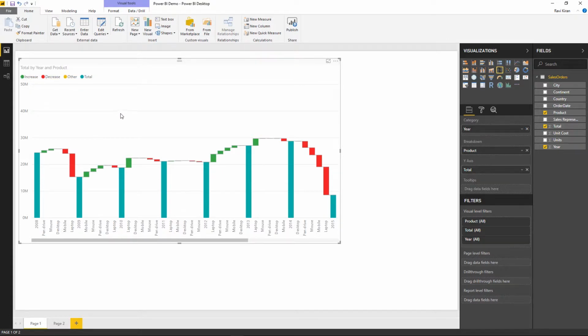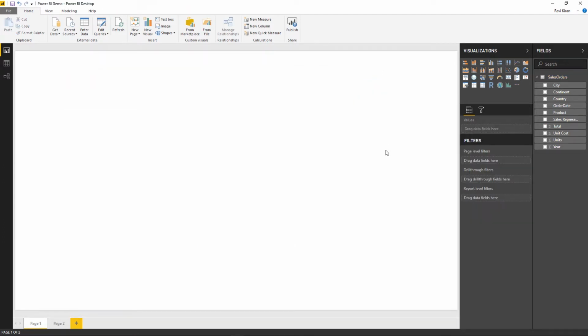Whereas if you see for mobile phones, the total in 2008 was 6 million, and the total in 2009 was 5 million, and hence there is a decrease of around 25 percentage, which is plotted as a red. And red color indicates that there is a decrease in total sales across two comparing years. So what I will do is I will remove this waterfall chart, and now let us look at a stacked